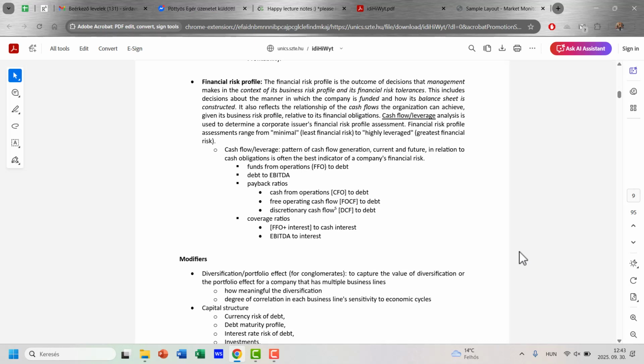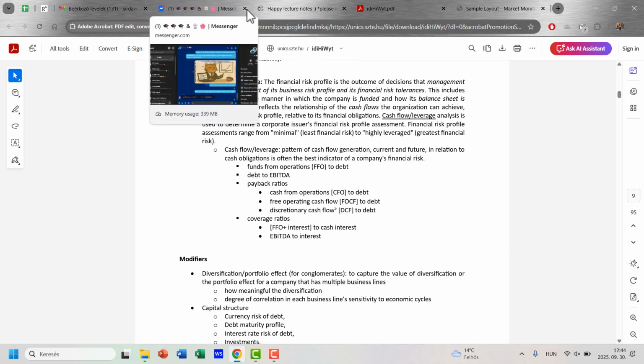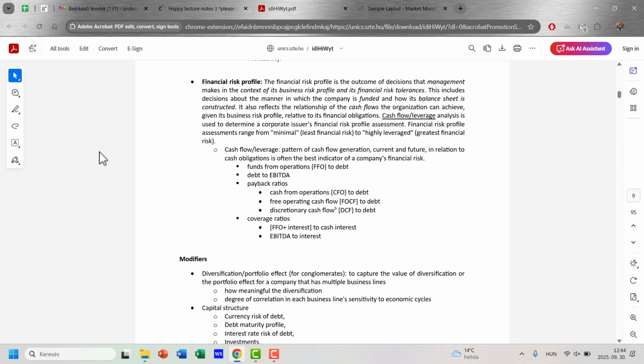If nowadays we are taking up a loan in the Eurozone, then the interest rate would be around 2%, 3%. If we are using a fixed interest loan, that's perfect, we can survive easily. If we had to take up this loan in 2022 or 2023 when interest rates were really high, that's a different story.